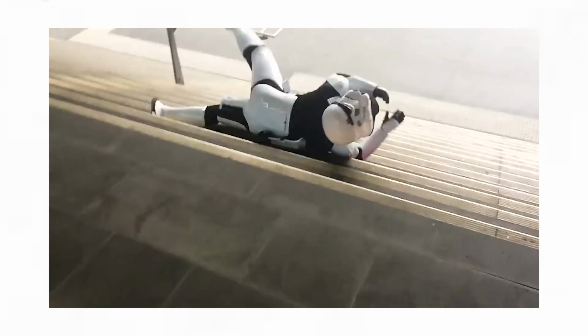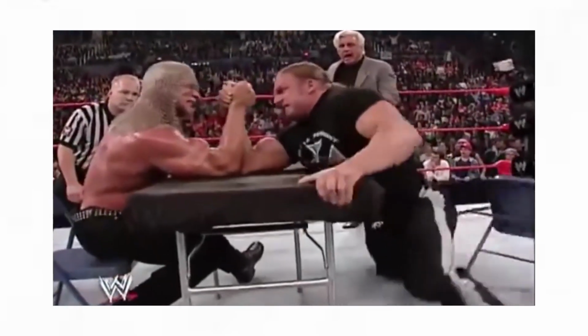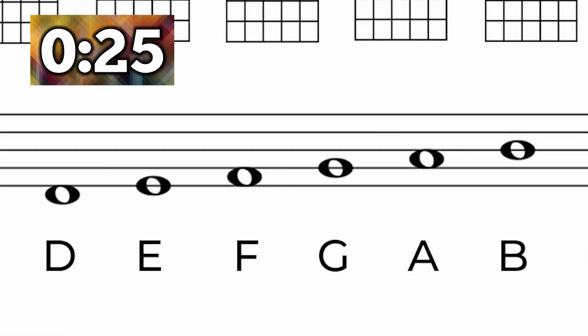It deeply pains me to say this, but we have to learn how to harmonize a scale before we can get to the main event. Let's just get this done quick, Armando. For every note in the scale, you stack the notes 2 notes and 4 notes from it. Let's do the C major scale again since it's got no accidentals.